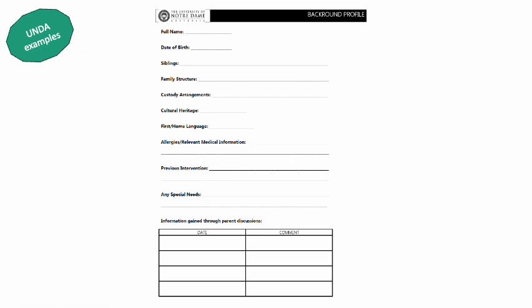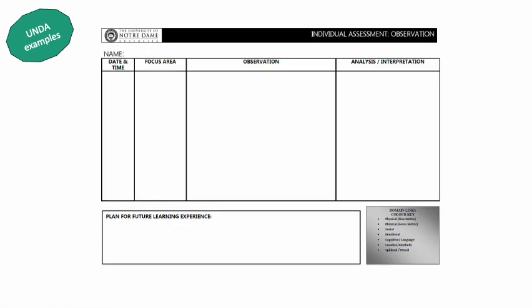but then you might want to get the latest up-to-date information sometimes, because sometimes we don't have all of it. So then at uni, you'll want to have something like this that can be your individual assessment as an observation of some sort. So remember, we looked at that last week when we were observing the children. So putting in the date and the time, what we were observing as our focus area, what we actually observed, and then the analysis and interpretation of that observation.